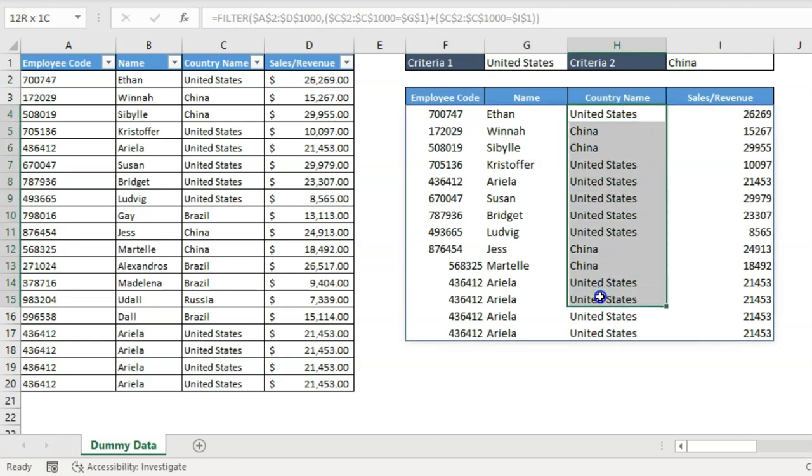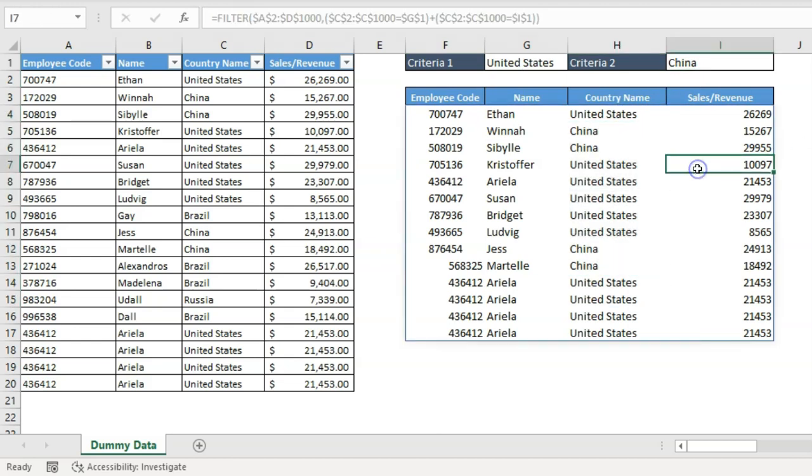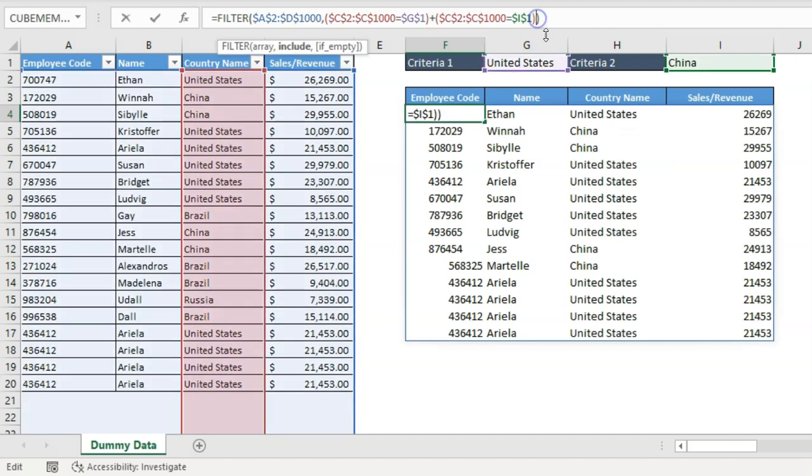Now what we want to do, we want to use either of these conditions, United States or China, should be taken here. And I also want to check if my sales revenue is more than 20,000, only those values should be appearing here. So let me go into the formula, and here I will be using the star symbol. So I told you that this star symbol is AND condition. So either of these conditions should be true, and then this condition should also be true in all the cases.